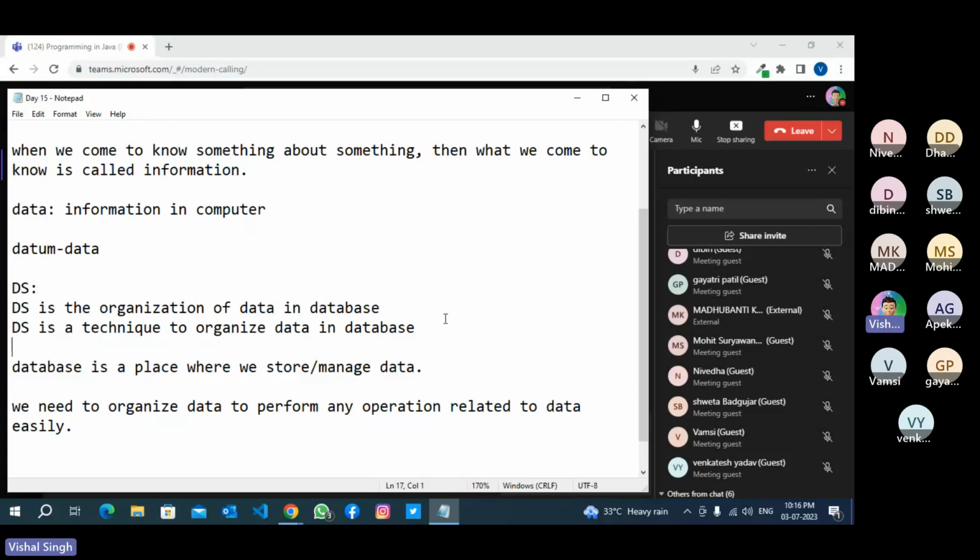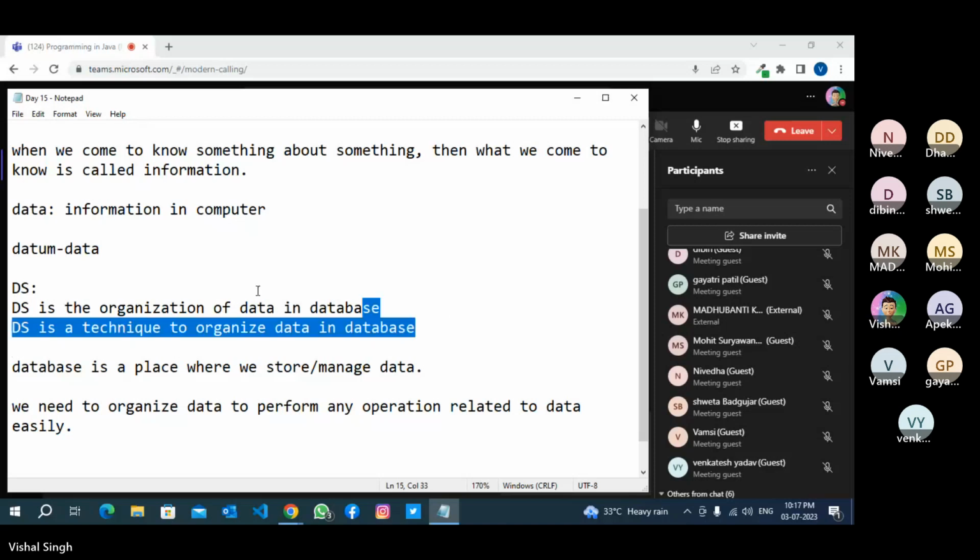You can write your own technique, or you can use predefined data structure classes that are available in Java.